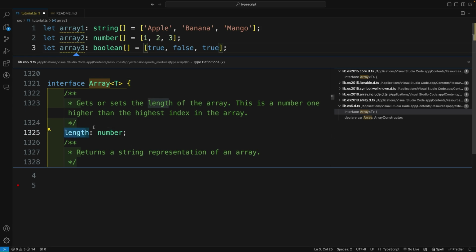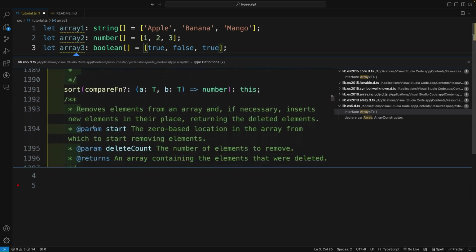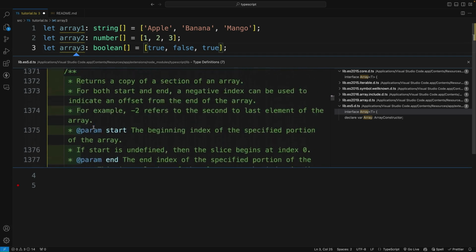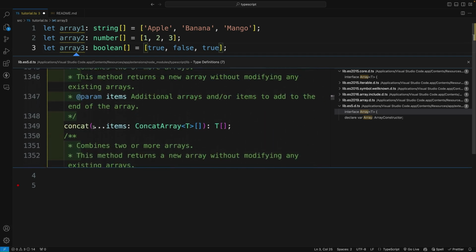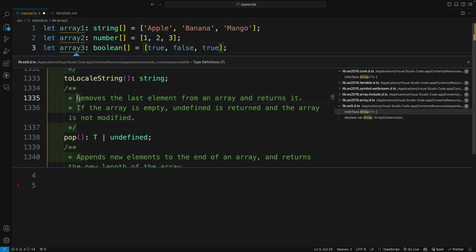So we can definitely use it. And then let's keep on moving. And we'll see again all of the functions we're already familiar with. But here's the kicker. For example, pop. Now, if you're not familiar, this essentially is a function which removes the last element from the array and returns